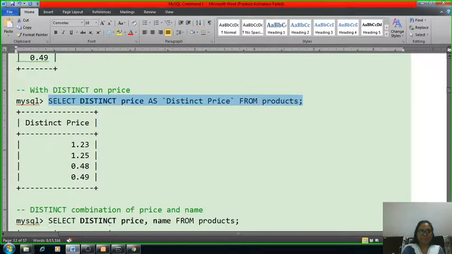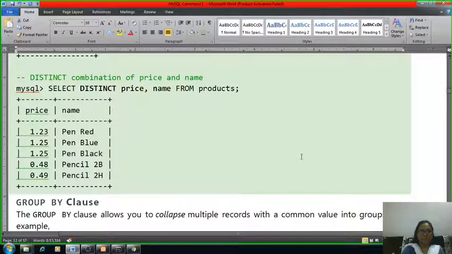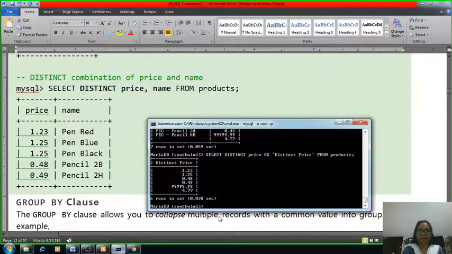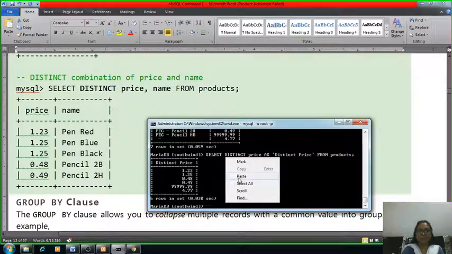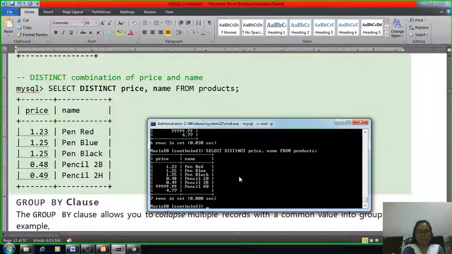Then we can also use this distinct clause for multiple attributes: distinct price and name from the product. So it will select all the rows where the price and name combinations are distinct, not repeated, from the product.